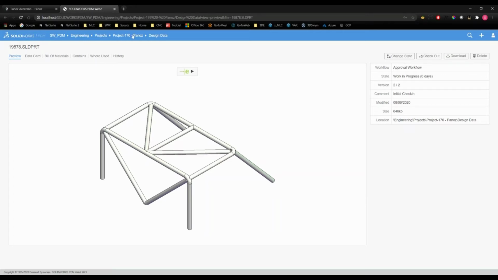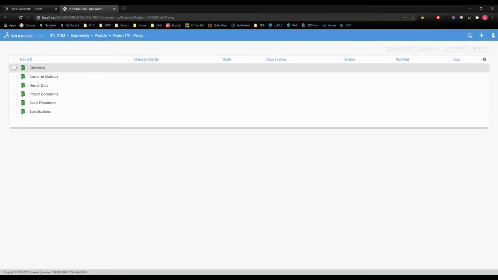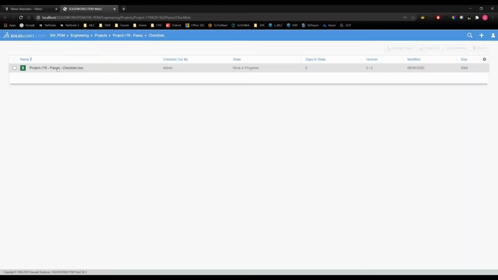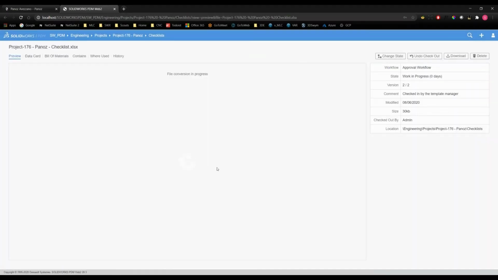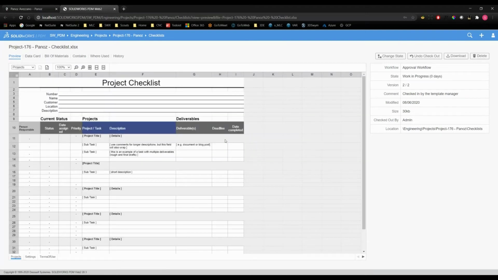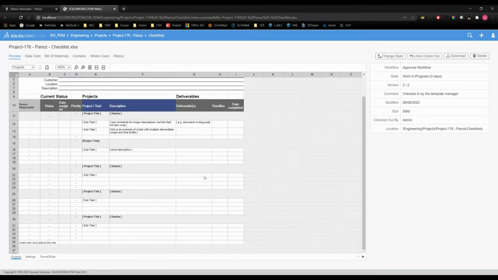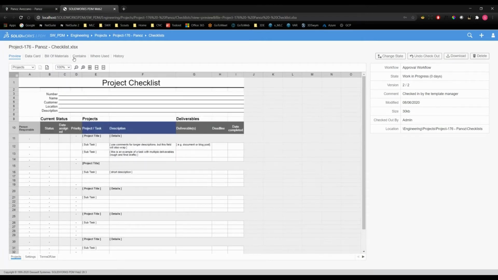All right. Looking at other data from within that same project is available to us. When we look at the checklists or other types of documents like Excel files, Word files, PDFs, material specifications, anything that's available, we'll see those nice previews at the same time. The file that you guys saw a little bit ago when I created the project has that same capability for visibility here. Excellent. So visibility of individual Excel files, multi-page previews, all of the sort is available within the web interface,